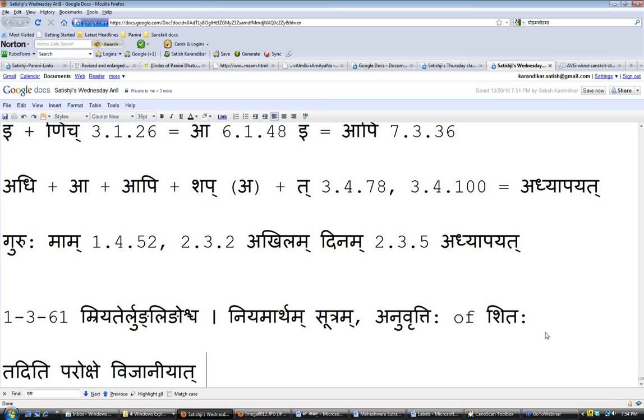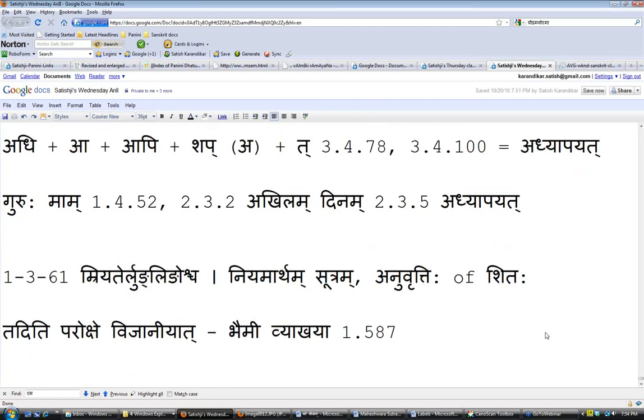So, Bhaimi Vyakhya. This can be found in other places also, but I know this one is here: first volume, page 587. So we can keep it as sa or asau, maybe he's far away, or eshaha, depending on how close.